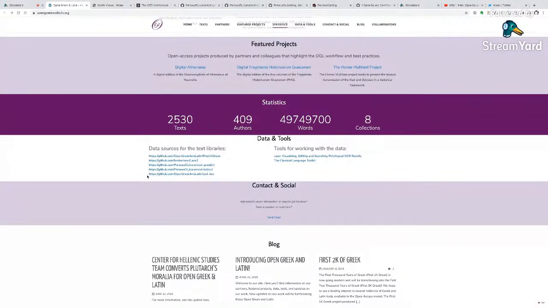Later we are going to talk about Git and GitHub, and here you can find concrete data for accessing these resources. And these links provide access to the First 1,000 Years of Greek. You can also have access to LACE if you're interested in OCR in ancient Greek, and then there are other specific repositories for Greek and Latin data.